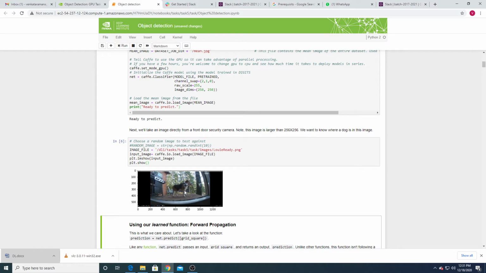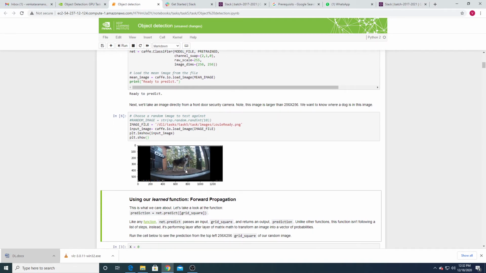So for that, what I am doing is I want to split this complete image into 256 by 256 small images. It is a large image, you can see 1200 pixels and some 500 pixels, right? So I want to split this into small 256 by 256 windows, and later I will pass each 256 by 256 window to this deployed model. Now in this 256 cell, if the dog is there, then it will give the dog, otherwise it will give the cat highlighted. Cat means it is not a dog.